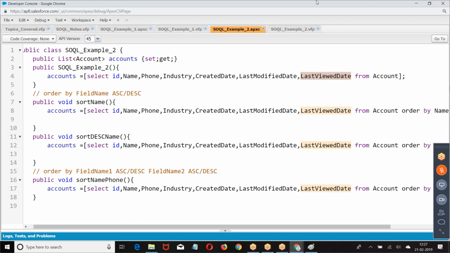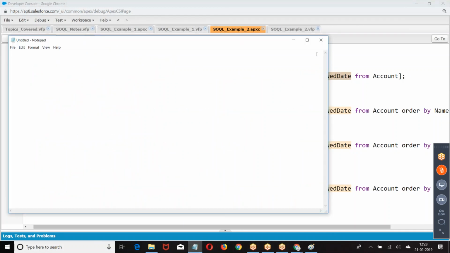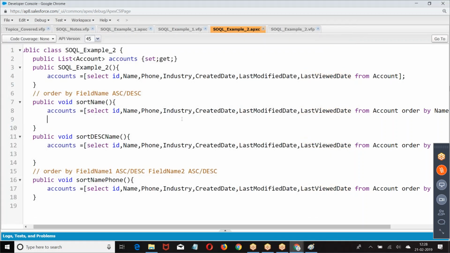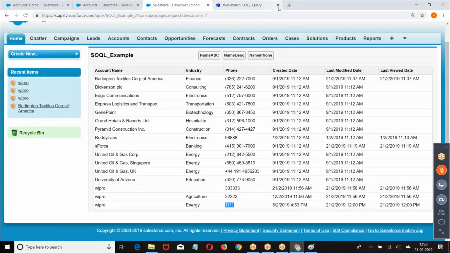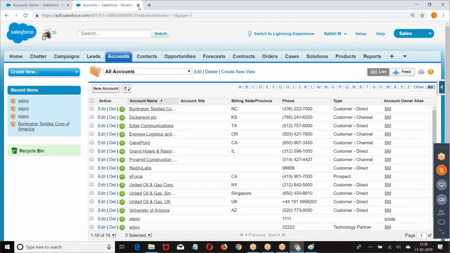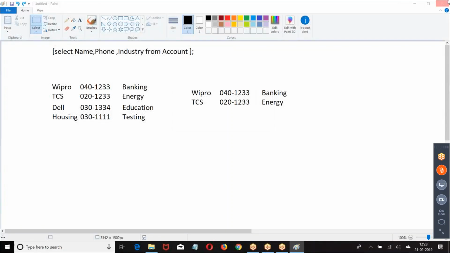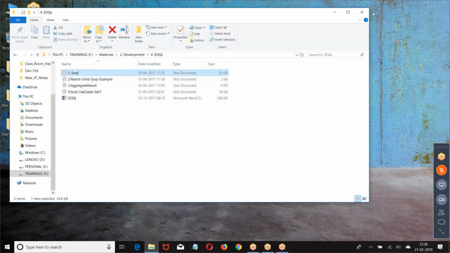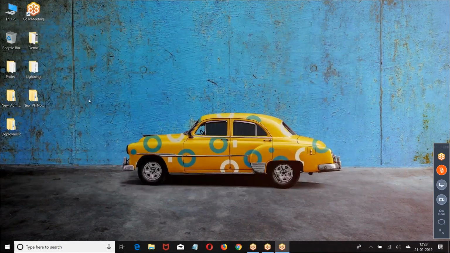Yes Sai Krishna. Can you go to the 8 point? Yes, I deleted it actually. Okay, that's fine. When we write the SQL query, select ID from account, we will get all the records from the account, right? In each and every record, we'll have the field names. Is it necessary to write select ID, name, phone, everything from account? Every field we want to fetch, we have to manually write it. There's no concept called star here.